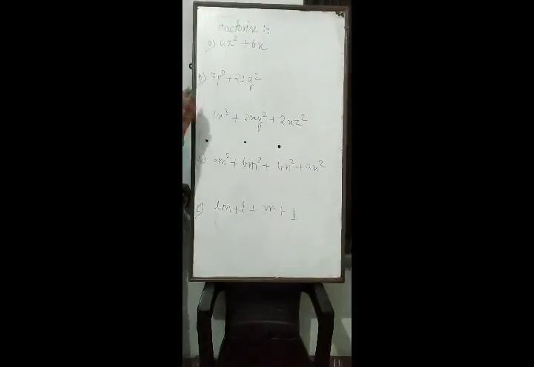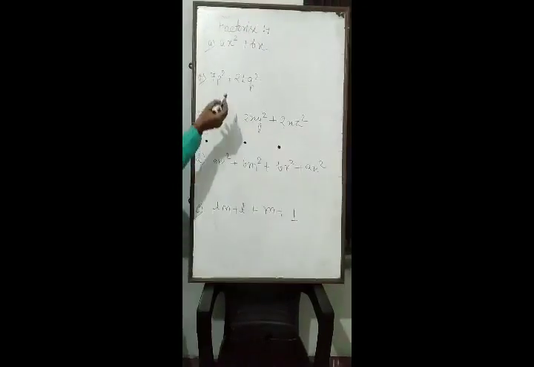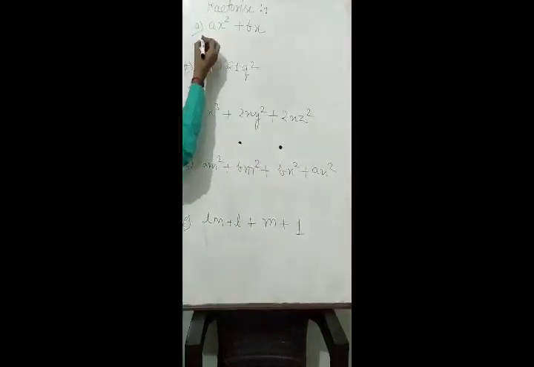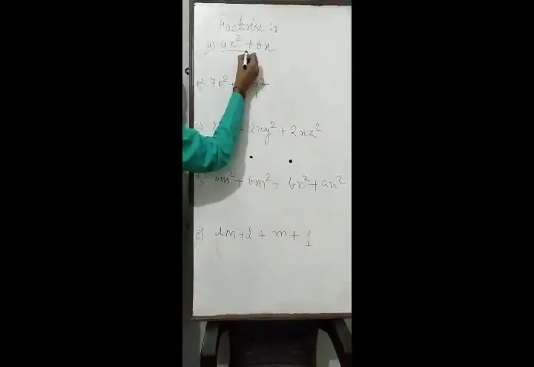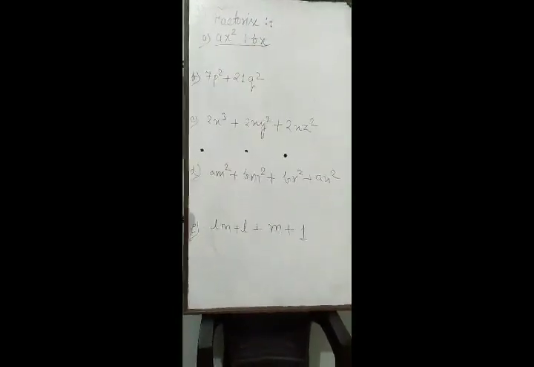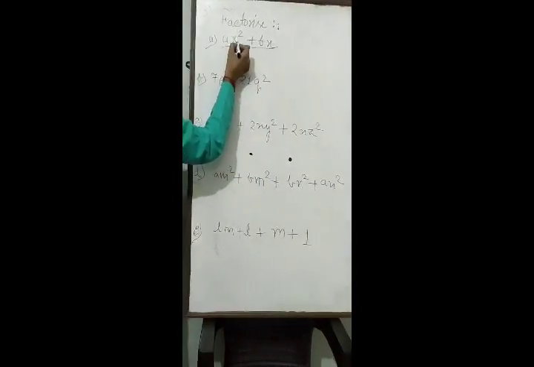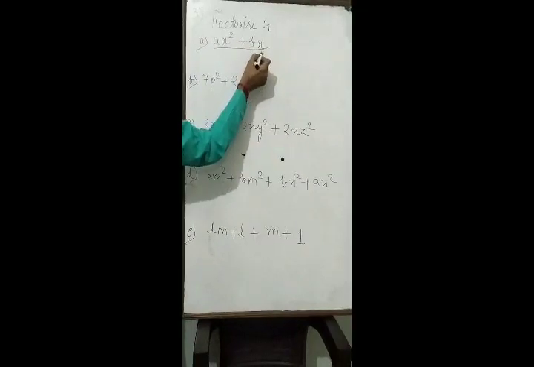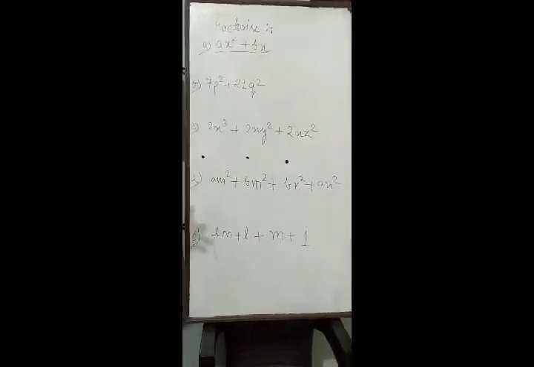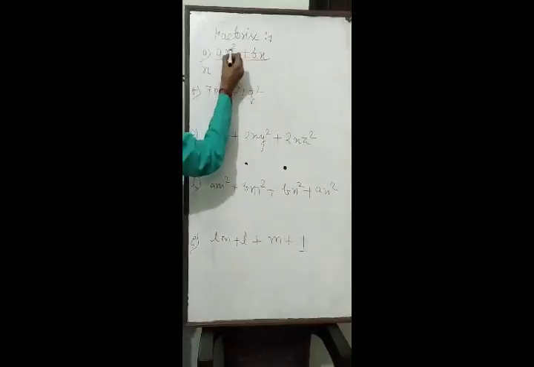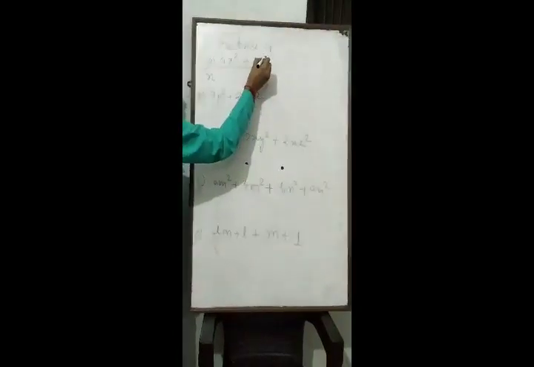Okay, now students, let's see the question number 3. In this question also you have to do the factorization of the following questions. Let's see the a part. Students, we will take common here. What is the common? Here is a but here is b. So we can't take a or b in common in this question. But here you can see here is x square and here is x power 1. So we will take less degree here. That means x will be common and what degree will be here? Here is 2, here is 1. So we will take 1 common.